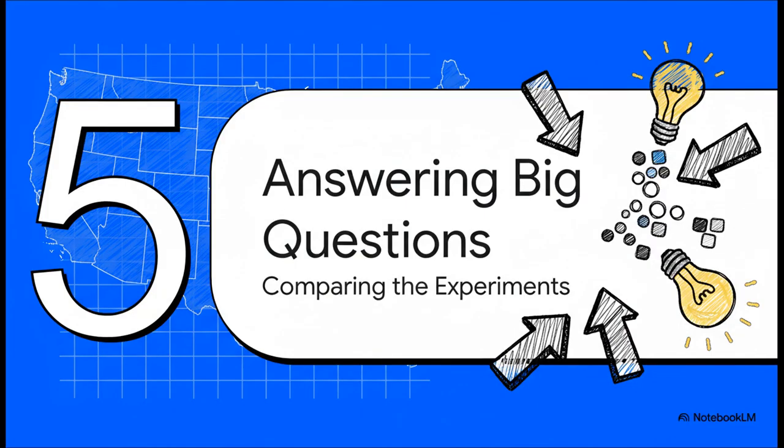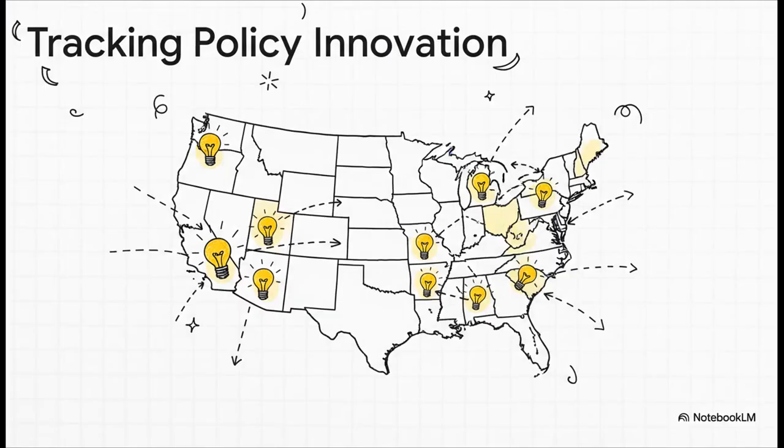Okay, so we know the data exists. Fantastic. But what can we actually learn from it? What happens when we put all 50 of these experiments under the microscope together? You know, one of the most fascinating things this data lets us do is watch ideas spread across the country like wildfire. A policy gets tested in one state, and if it works, or if it's just really popular, it starts to diffuse, to spread to other states. We saw this with welfare reform, with smoking bans, and we're seeing it happen right now with things like marijuana legalization. These state-level debates have a way of setting the entire national agenda.